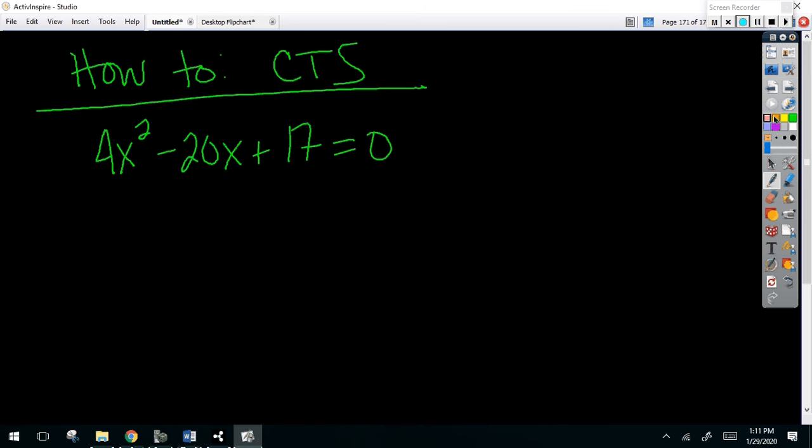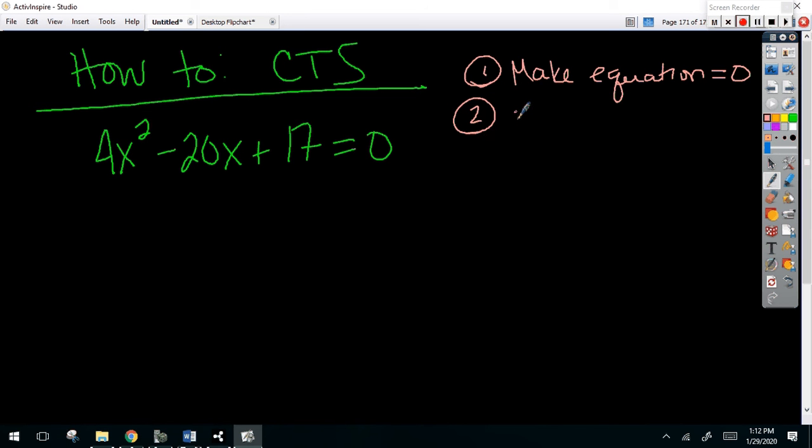First thing we want to do, though, before we do any of that, is make sure that our equation equals 0. In this case, it does equal 0, so I'm okay there. The next thing you have to do, and we always hope there's no leading coefficient, but there is a leading coefficient here,